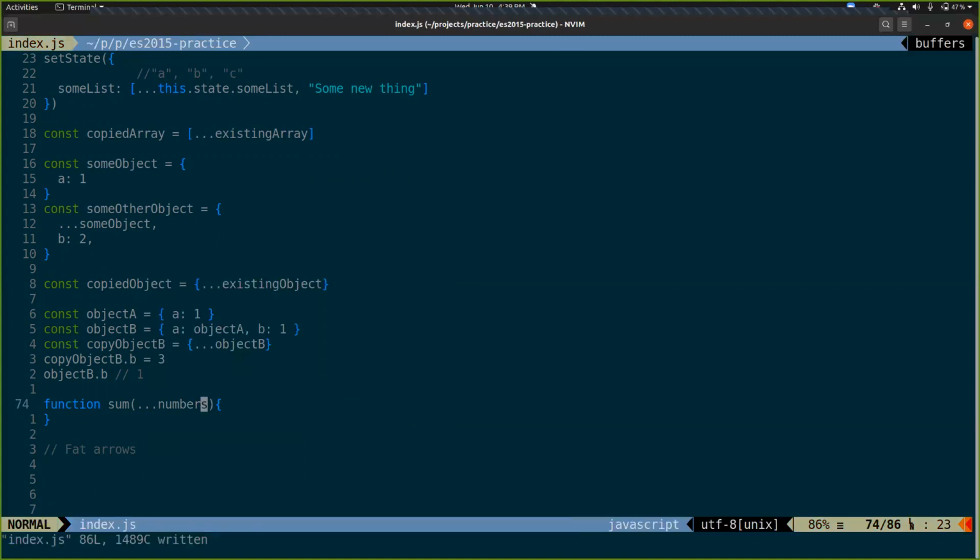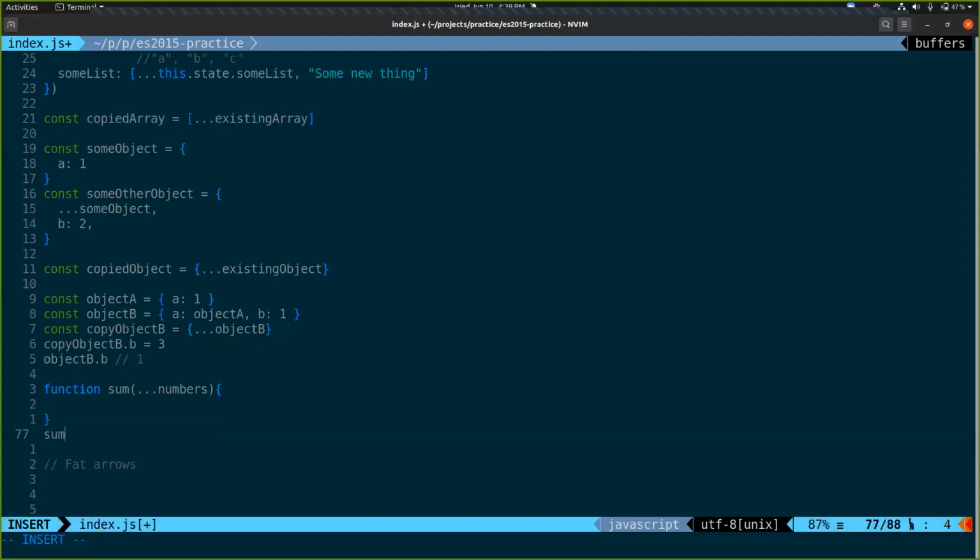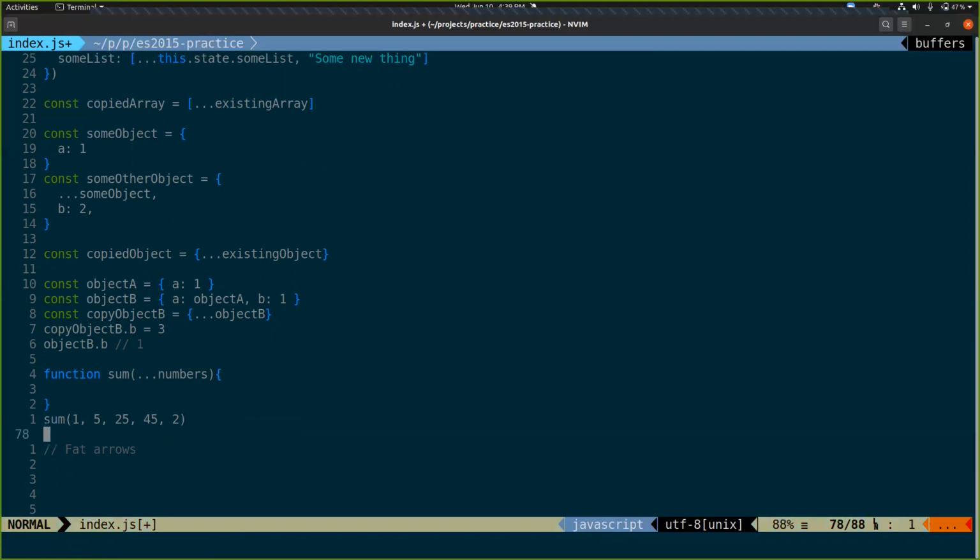I do something like that. It actually does the opposite of spread. So you'd use it like, we can put however many arguments we want into that now. And it's going to turn those into an array.